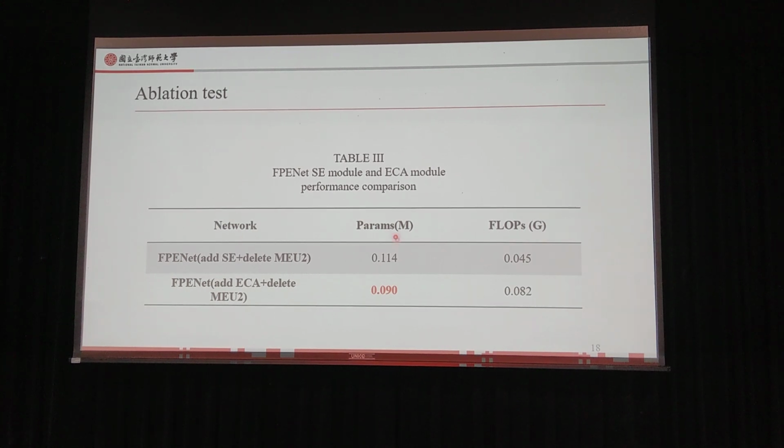And you can see the parameters are lower than the SE module and ECA module, because ECA is only a one by one convolution. The FLOPs are a little higher, but